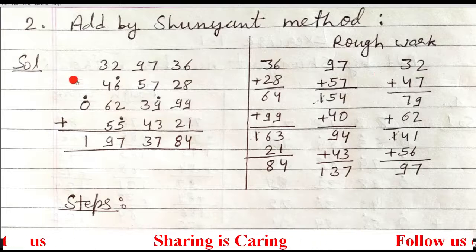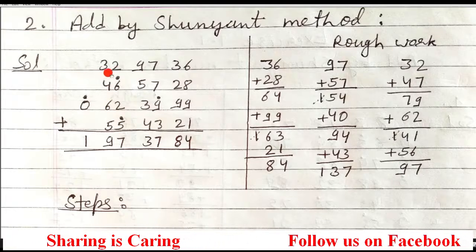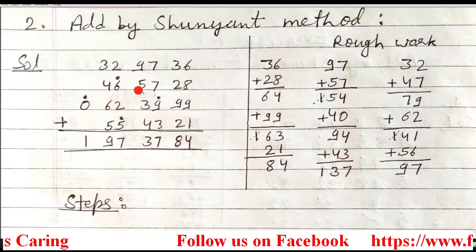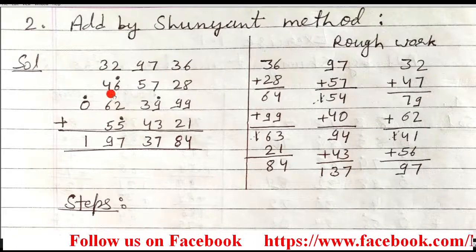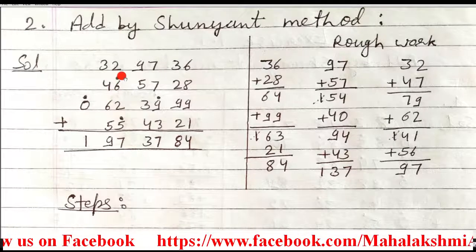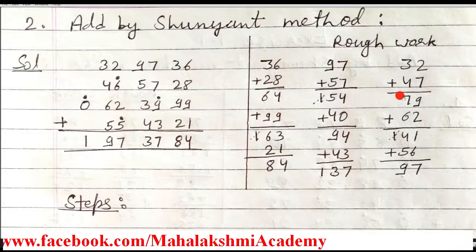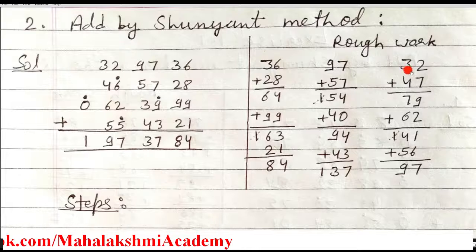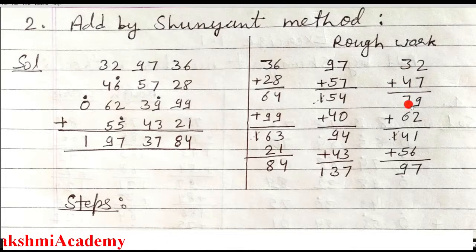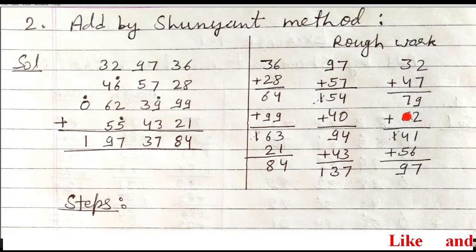Now the final column is of 32. So we wrote here 32, you can see. Then what is it now? 47. Because of this ekadika dot, 46 converts to 47. Write here 47. Add 32 and 47. That will give you 79. Then 62 add here. The summation of these two is 141.